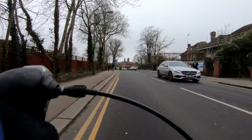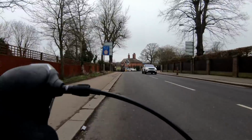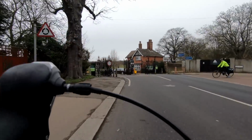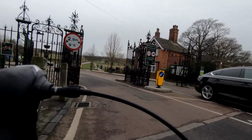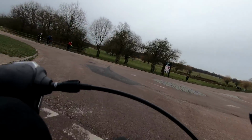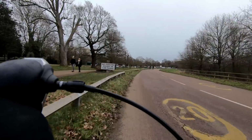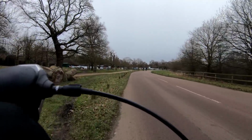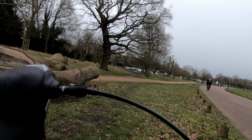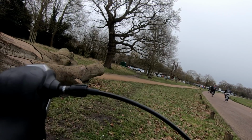If you put an advisory lane in, my feeling is the cars will attempt to pass you, and as long as they're not in the lane, they'll feel like that's enough safe passing distance, and it's not magic paint, as some drivers seem to think it is. So I prefer, if there's not enough room for a proper cycling lane that's protected, forget about the advisory on a narrow road like this. It's just going to invite more trouble with close passes, so I don't think it's a good idea. There's just not enough room, and I think that should be accepted. So I think enforcing the 20-mile-an-hour limit and making it a road that everybody uses and has to share